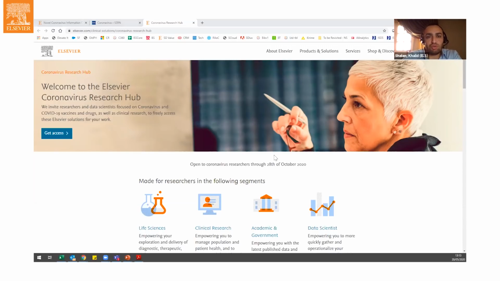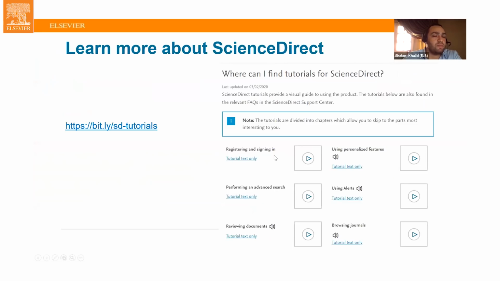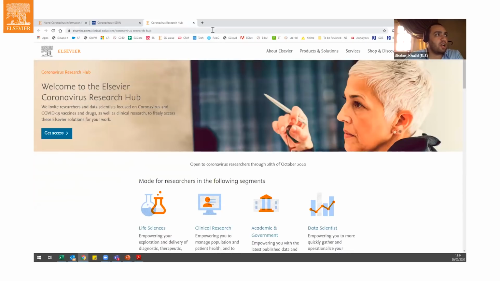So that should conclude this part of the presentation. I'm now going to do a quick demo to see how we could establish this kind of workflow. Remember that there are videos online you can refer to for ScienceDirect, for example, tutorials available there as well. So let's just, for now,